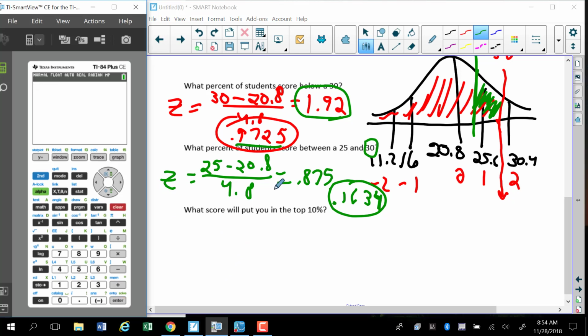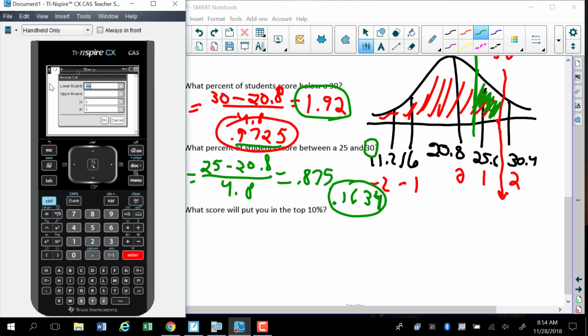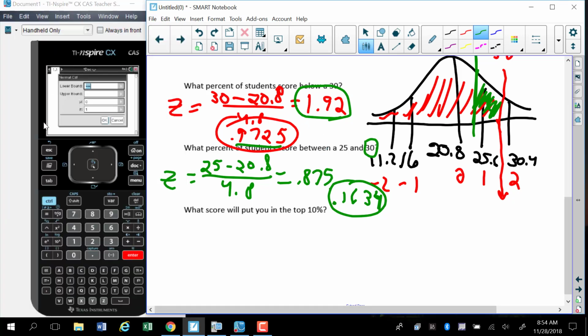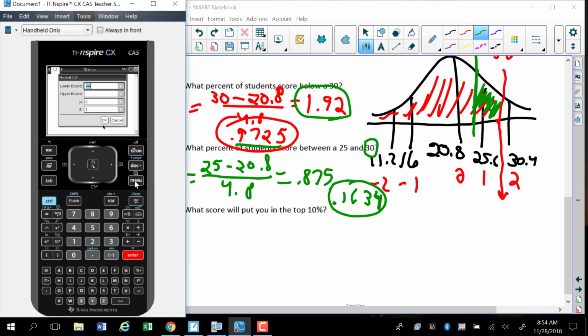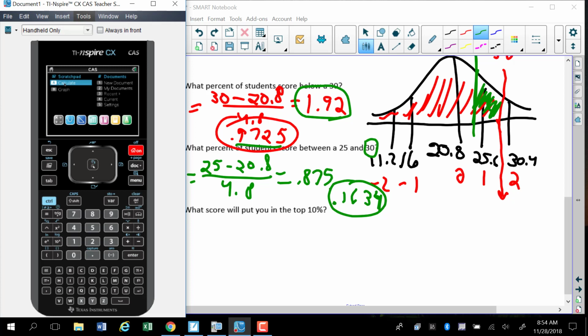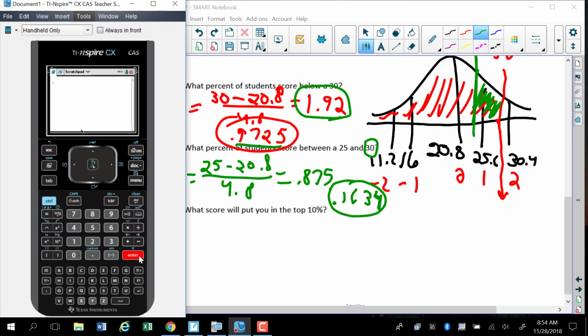Now, before I jump onto that, let me show you real quick how to get to the same exact screen if you were going to use one of the Nspires. So if you're going to use one of the Nspires, how would you get to those percentages screens? Well, in order to do that, you just turn the calculator on, go to your calculate screen. You're going to hit menu, see where it says statistics,